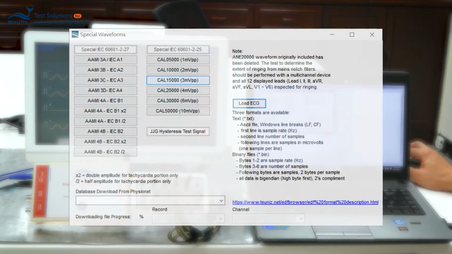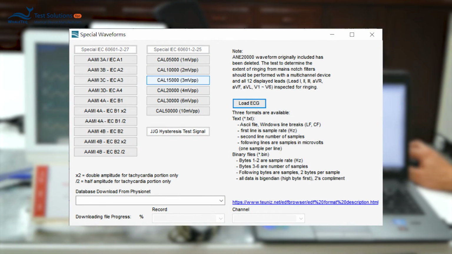Additionally, the SECG 4.0 provides some special signals required by IEC 60601-2-27 and CAL signals required by IEC 60601-2-25 and IEC 60601-2-51. There's a function called Load ECG, allowing users to reproduce special ECG signals recorded by ECG machines, which can